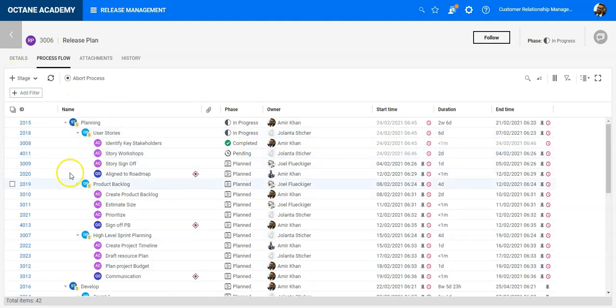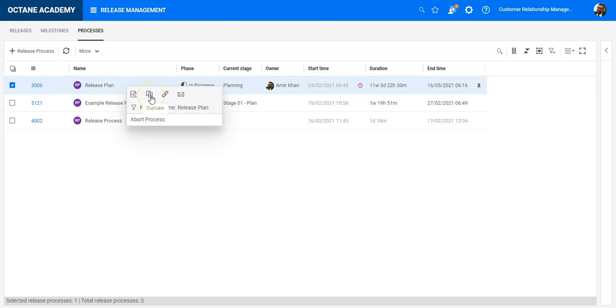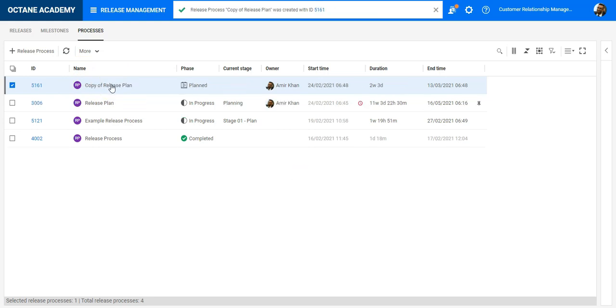And once you have created such a release plan, you can always go here and say, this release plan I would like to duplicate. And now this is very important. If this is acting as your template plan, or you want to copy a plan which you have from a previous release, you can do it and say, this is now my new plan for